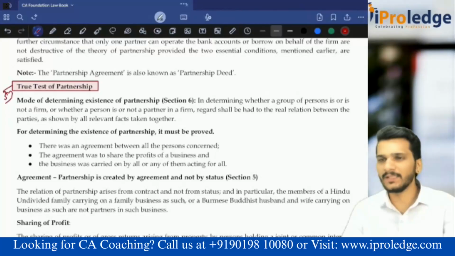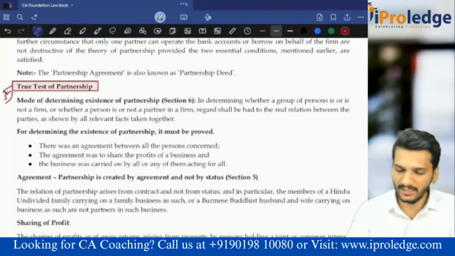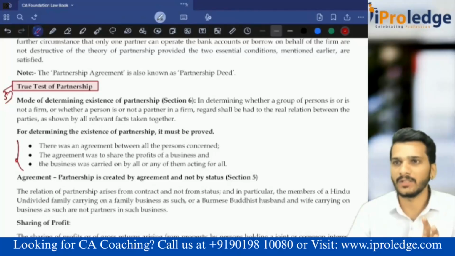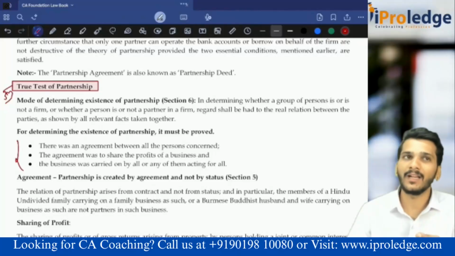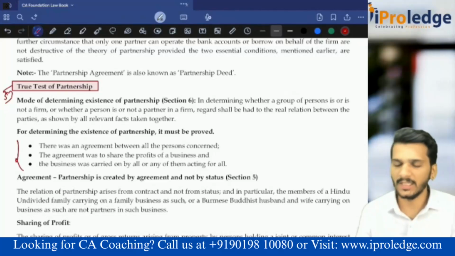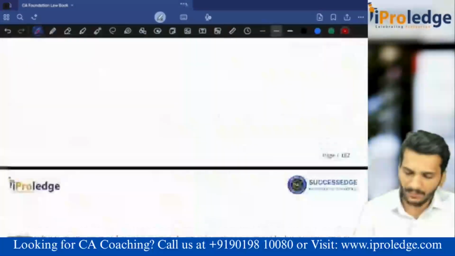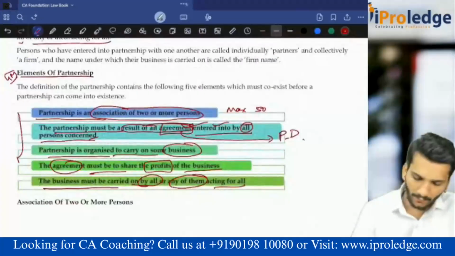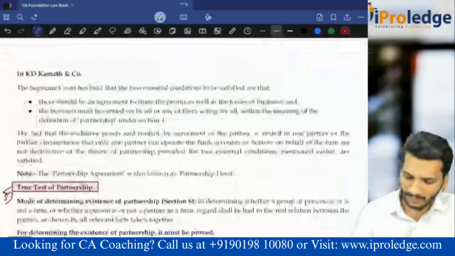Whether it is a partnership or not, if you satisfy these 3 conditions, then we call it a partnership. Even if you are not able to find out whether there is a written agreement or oral agreement, if these 3 conditions are satisfied, then it is done. Out of those 5 essential elements of a partnership firm, 3 elements are taken here. The 3 elements are